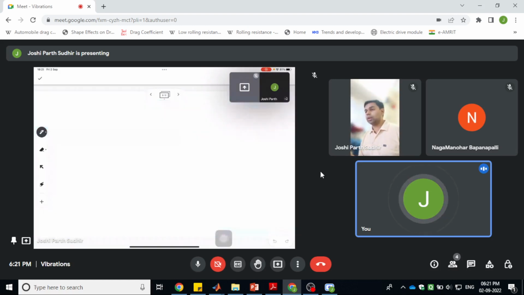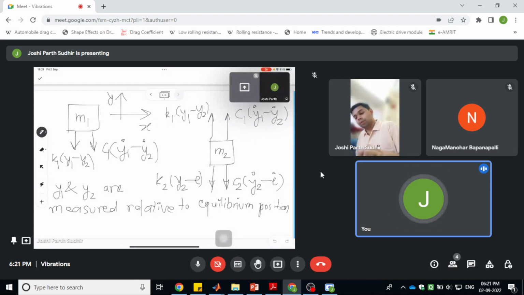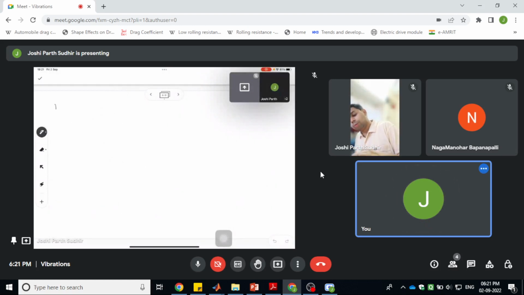So let us try to write down Newton's second law for the masses m1 and m2. Since there are these two forces, the spring force and the damper force, acting on the mass m1, we will write m1 y1 double dot will be minus, because the forces are downward,